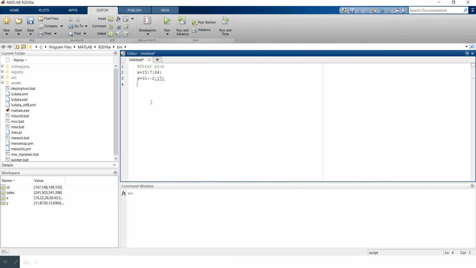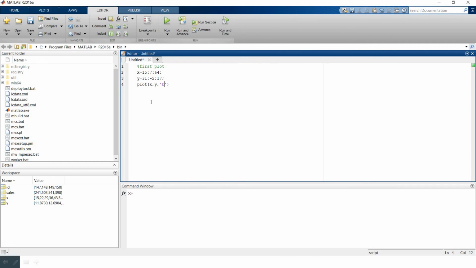Suppress this output also. Okay, now we'll plot x comma y comma. Now suppose you want the line to be blue, so the code for blue is b.